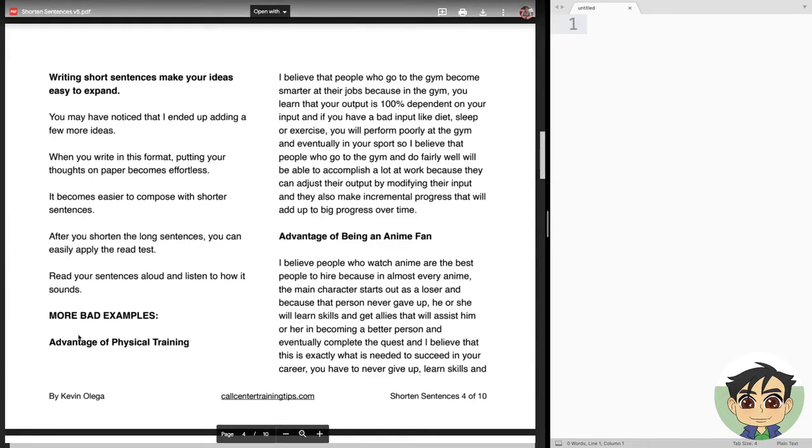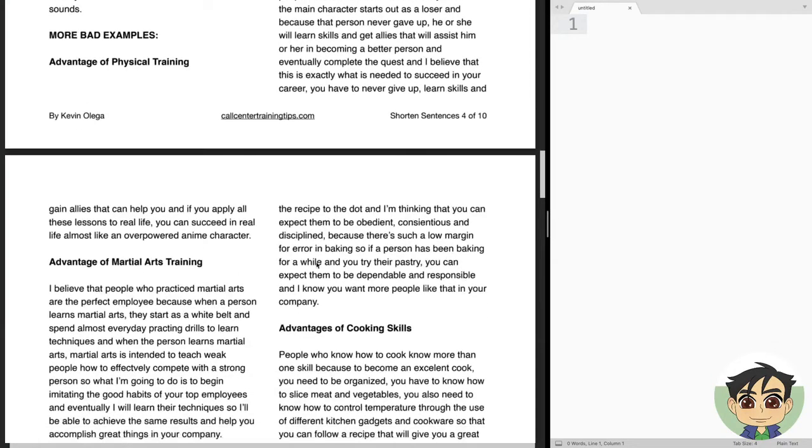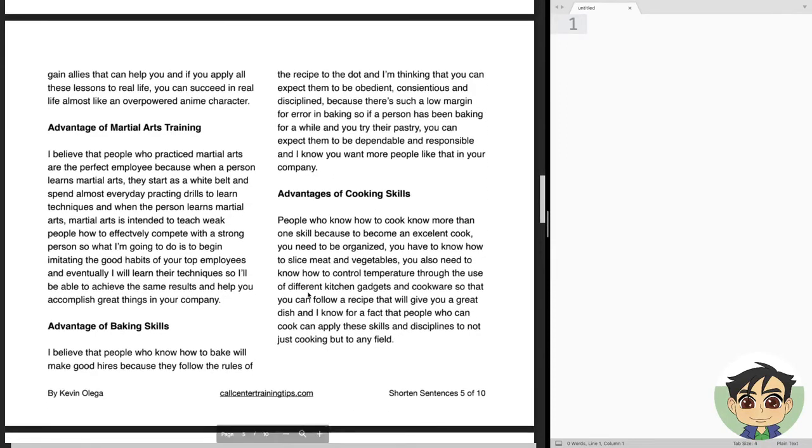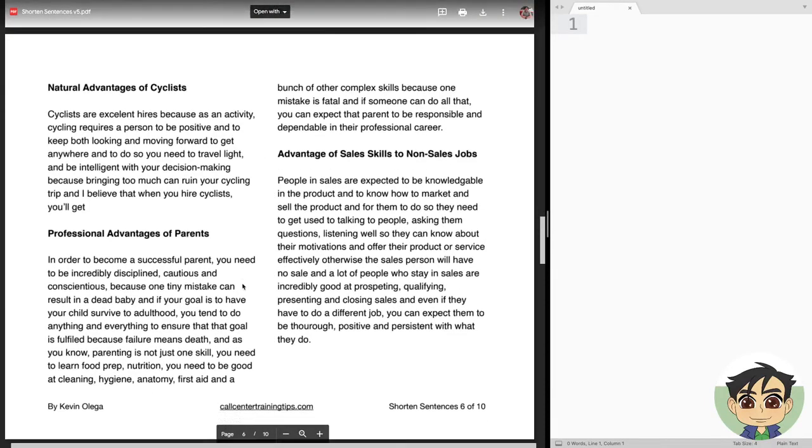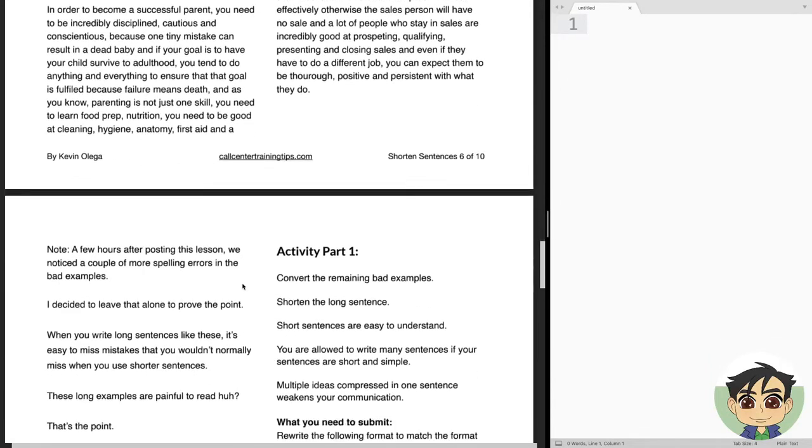So more bad examples: advantage of physical training, advantage of being an anime fan, advantage of martial arts training, advantage of baking skills, advantage of cooking skills, natural advantage of cyclists, professional advantage of parents, advantage of sales skills to non-sales jobs.